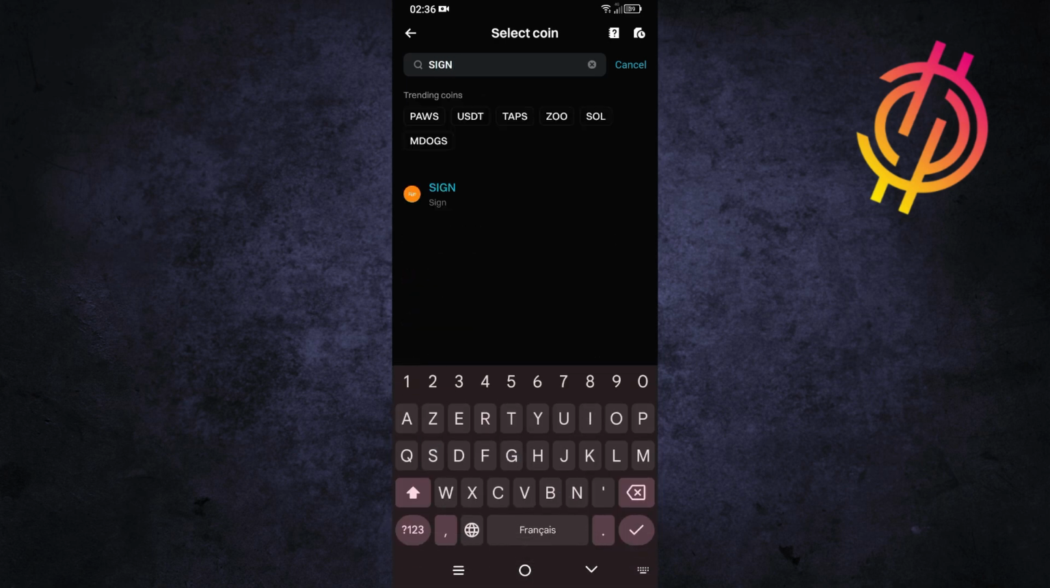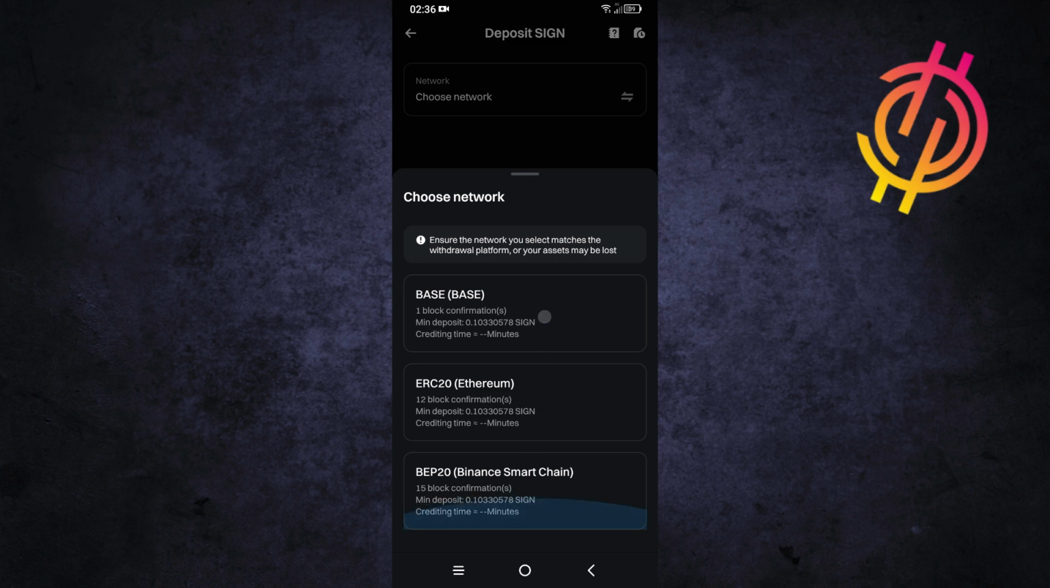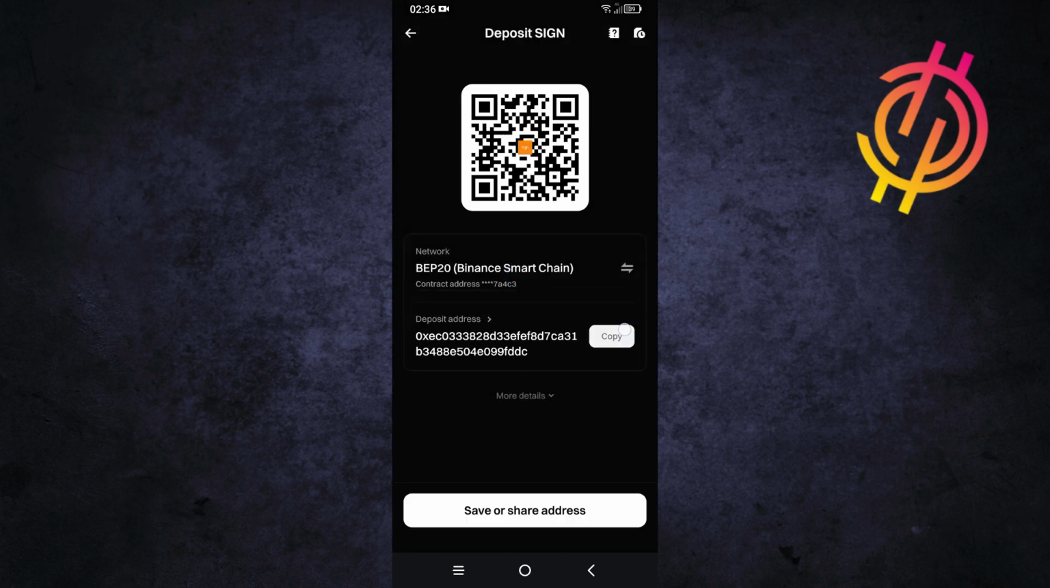So after you find your token, just click on it. And as you can see here, select the network. I prefer to select the Binance Smart Chain BEP20, select it. Now, as you can see, you can copy the withdrawal address of your token and go back and open your